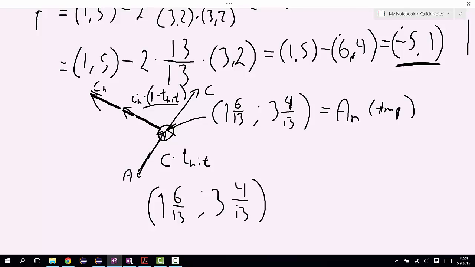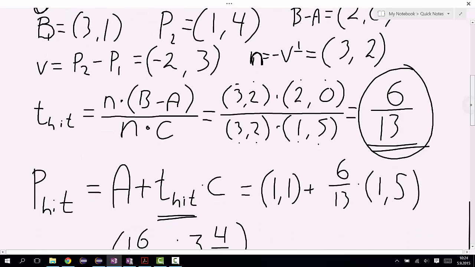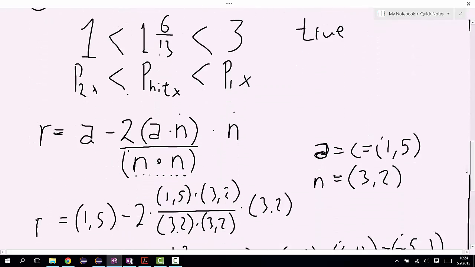That's our new A. So final A, call it A S for solution, equals this intermediate A plus 1 minus T hit. And 1 minus T hit is 1 minus, where's T hit again here? 6/13. So what's left of that is 7/13